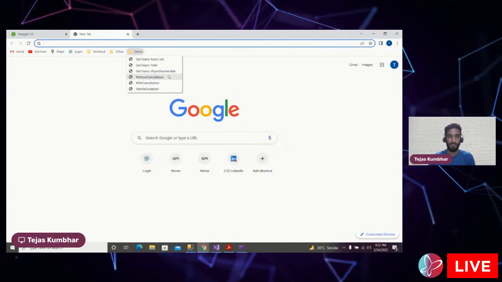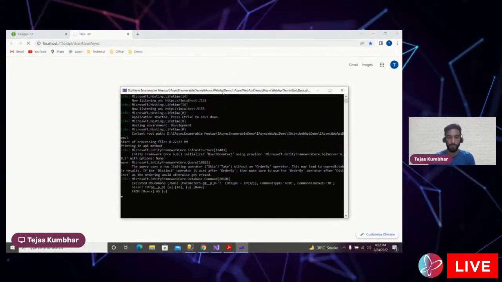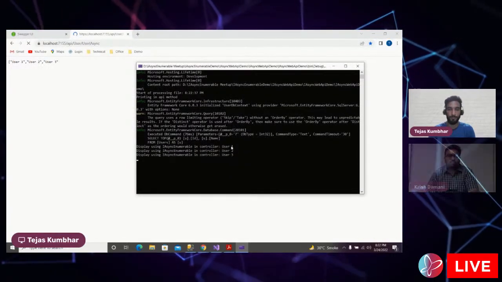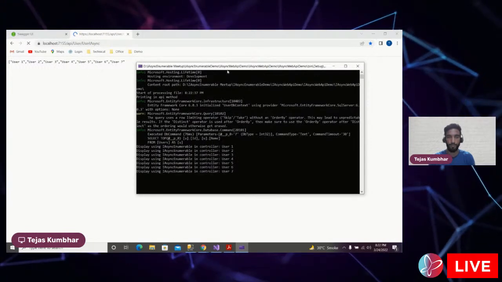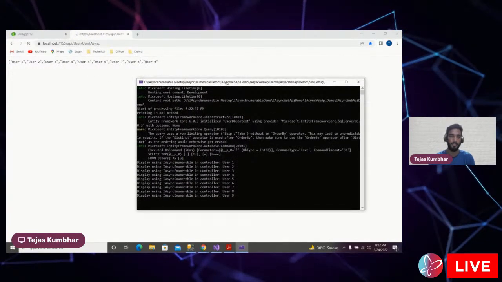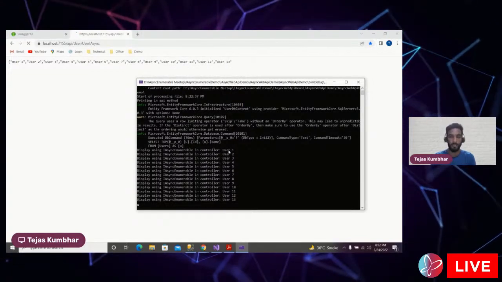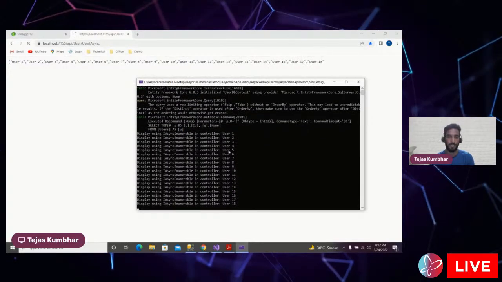So now let's make a third call with the IAsyncEnumerable. You can see the database call has been made. As soon as the user started being loaded in the API, it is passed to the front end. So for the user, there is no such waiting time or blocking process time over here. As soon as we got a result from a database, it has been processed and immediately it is sent to